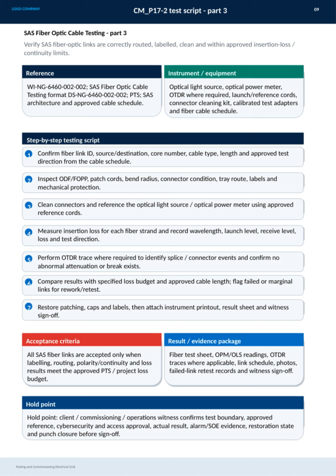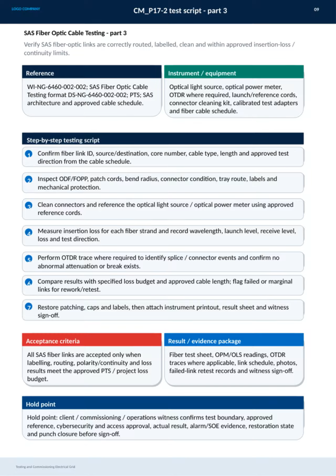Connectors must be thoroughly cleaned before referencing the optical light source and power meter with approved cords. Then, we measure the insertion loss for each fiber strand, carefully recording all relevant data such as wavelength, launch level, receive level, loss, and test direction. If required, an OTDR trace helps identify splice or connector events, confirming there are no abnormal losses or breaks. We then compare the results with the specified loss budget and cable length, flagging any marginal or failed links for rework or retesting. Finally, patching is restored, caps and labels replaced, and all documentation including instrument printouts, result sheets, and